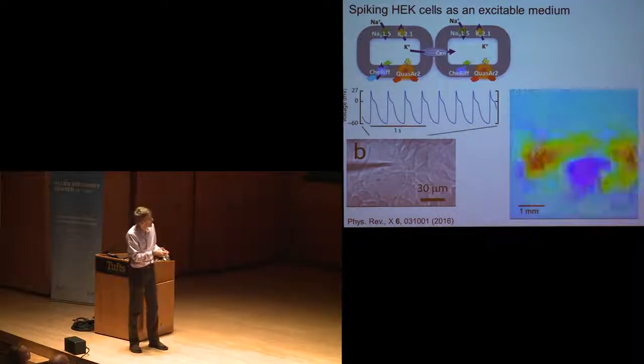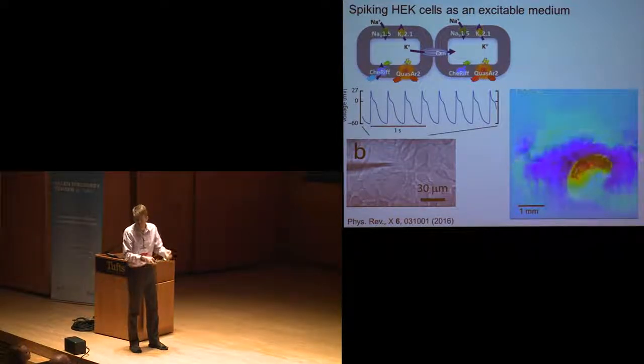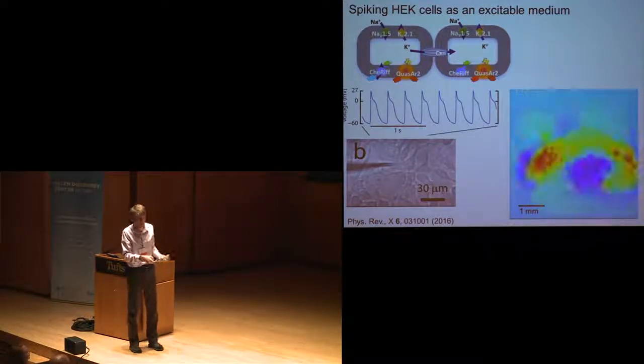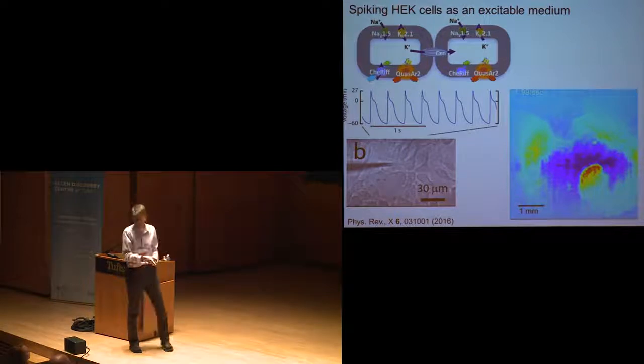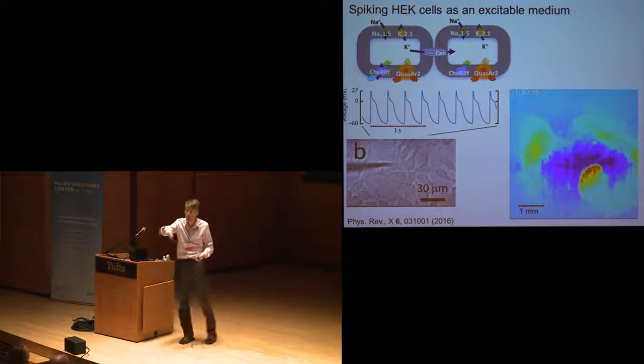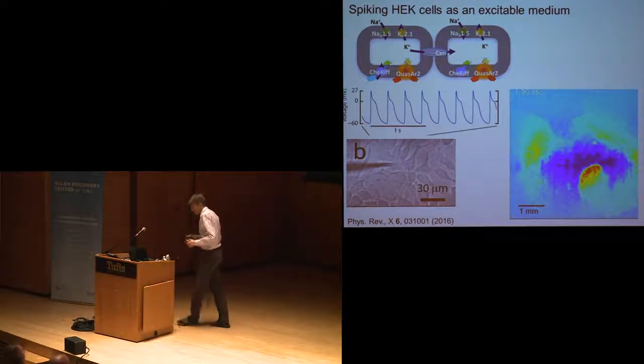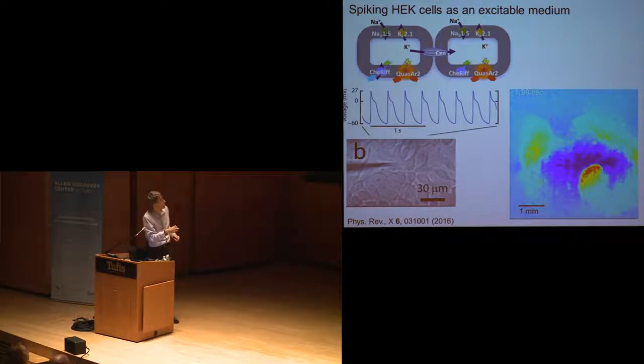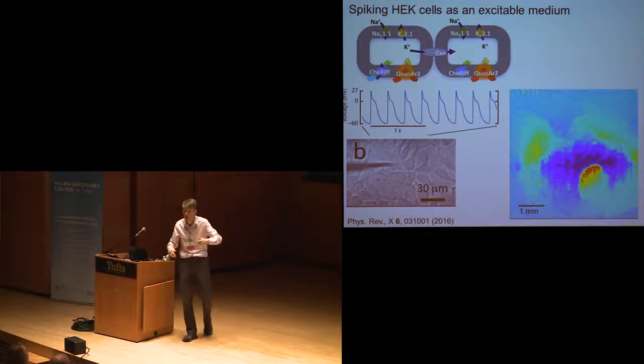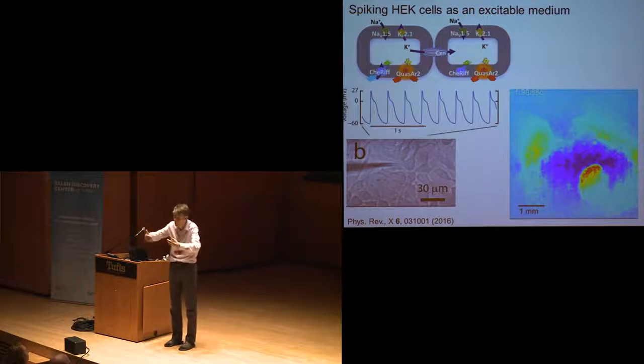So looking at a single point with this patch pipette, we saw this periodic behavior, which really corresponds to this spiral wave sweeping over the cells over and over again. So what's going on? These cells couple one to their neighbors through endogenous gap junction proteins, connexins, which create an electrical coupling between the cells. So when one cell fires, it can trigger its neighbors, which can trigger its neighbors, and so on. And this leads to these waves, and then the waves can sweep around and periodically re-trigger the cells.